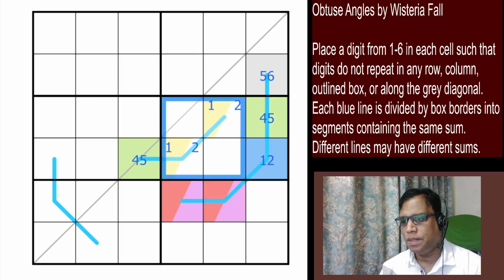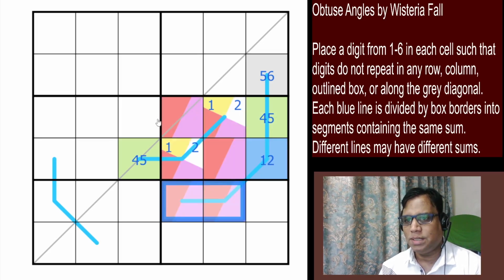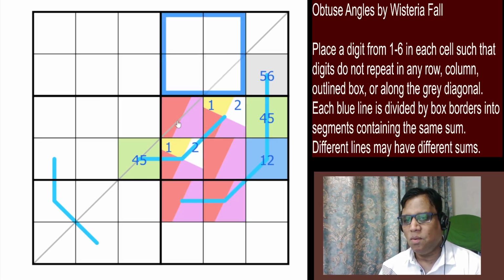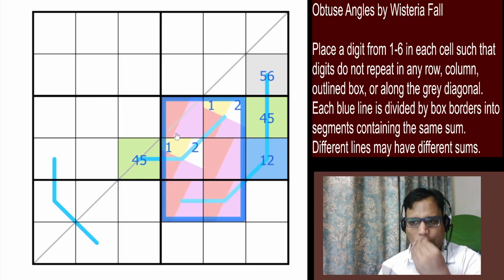Red and pink must be here, right? Red and pink must be here. In this box, these 2 digits must be here. So now where are these 2 digits in this box, right? Now this is called an X-wing kind of thing, where you have these 2 digits in these 2 boxes only